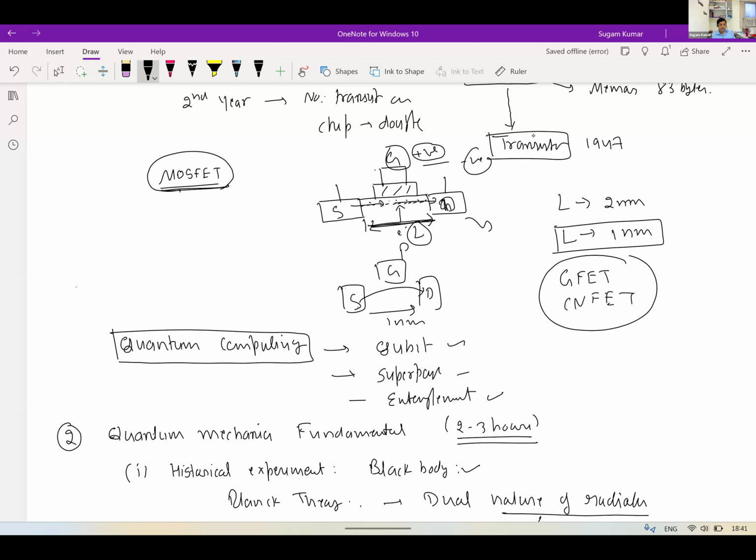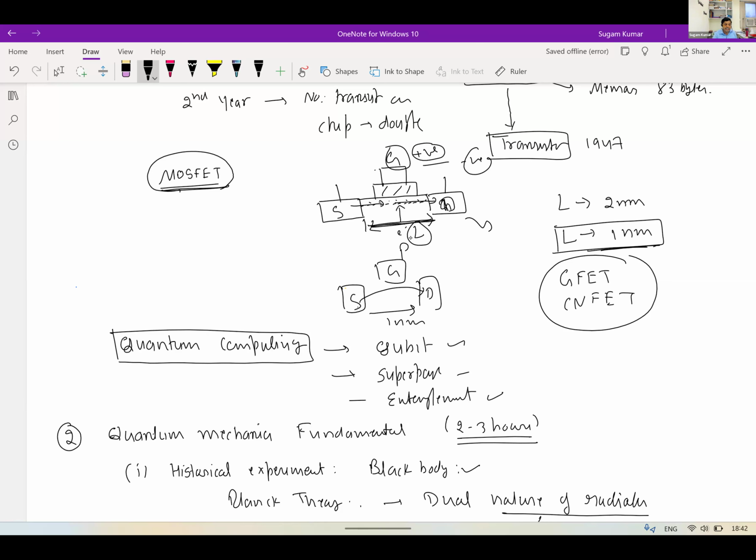Regarding the related question, the value you mentioned, 1 nanometer, which is less than 2, what are the factors that decide this value? Because atoms are on the order of angstrom, 10 to the minus 10. So when we go beyond 2 nanometers and reach 1 nanometer, this 1 nanometer is not something very strict.